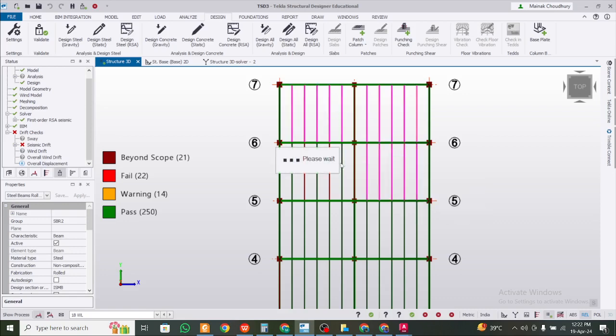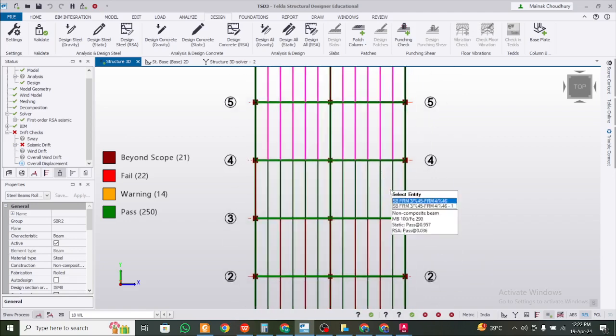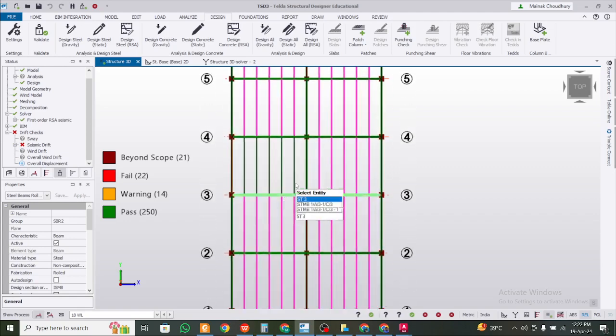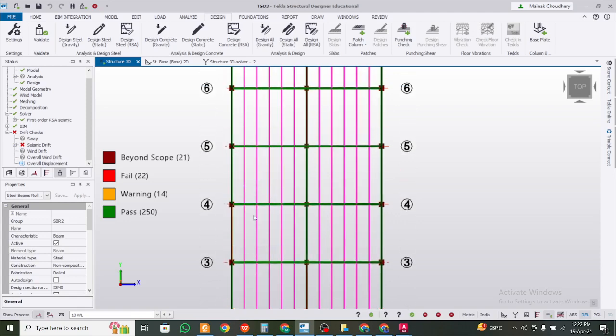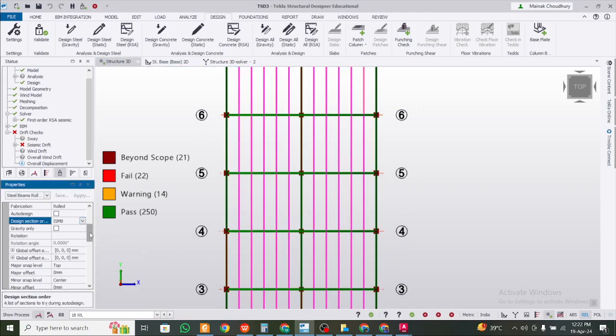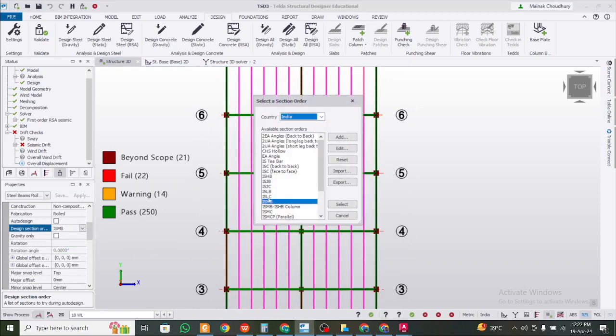Let's just try to change the purlin type to something a little bit higher. We can go with circular sections, but if you're preferring welding here from the practical point of view, I think circular shouldn't be preferred. Box or even an angle section should be preferred. So let's try. Here we have the design section, let's skip that. Design section ISMB. Design section is important because it ultimately designs into this. Okay, let's go ISA. Can we go ISA? Angle section,